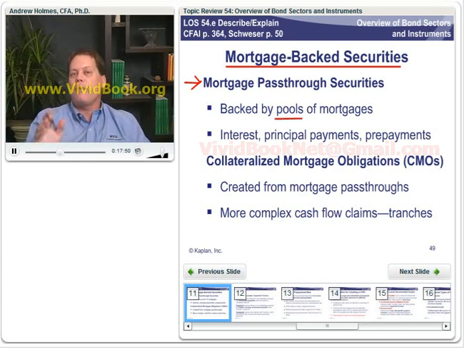So if you buy 1% of the pass-through securities out of this particular mortgage-backed security issue, then you don't buy any particular mortgage. What you get is 1% of all the interest that comes in, 1% of all the scheduled principal payments that come in, and 1% of all the prepayments of principal that come in, less a little servicing spread, but we're not going to talk about that in the level 1 curriculum. So anyway, it's a pool of mortgages that's used to support the issuance of securities. This is called the securitization process.